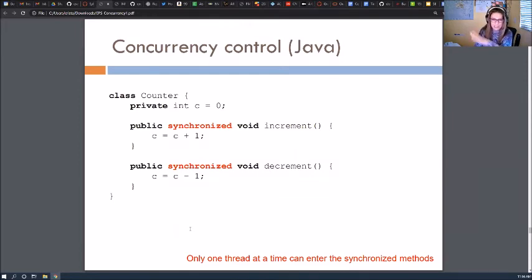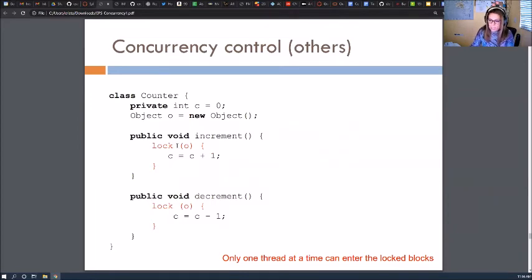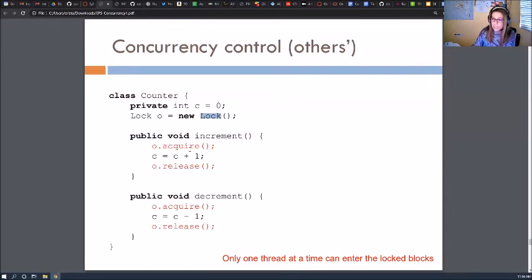Synchronized is just a declarative thing. Okay, synchronized, that's it. This one is a little bit more imperative in that you have this lock statement in the code, but it's still okay because the block that is supposed to be synchronized is lexical. So there's a lexical scope, with the curly brackets that say from here to here, it's synchronized, and you don't need to remember to release the lock. In this case, it's a very programmatic interface, and it means that the acquisition and release of the locks is under your control,